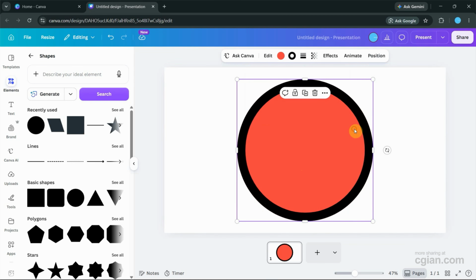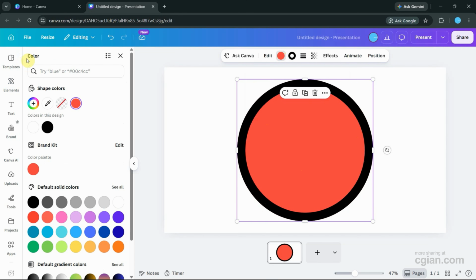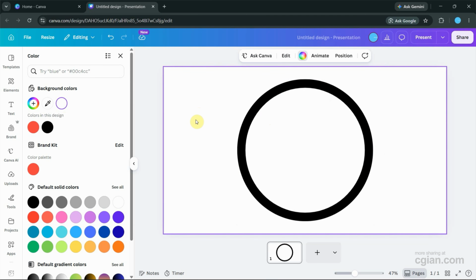Now we can select the circle again and go to color, and then go to the color panel. We can fill nothing. So we can check this is the hollow circle, so we can change the background color,